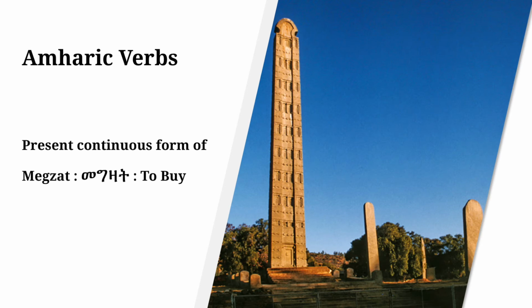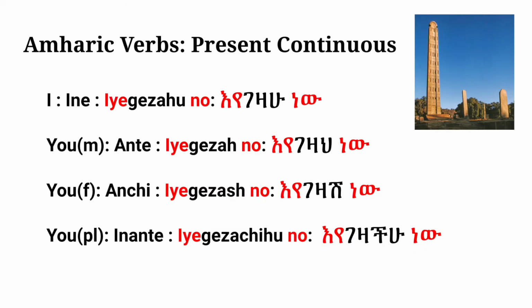So now we're going to look at, again, the present continuous form, but of the verb magzat, to buy. So you can see here again, I have highlighted the iya prefix and the no suffix, and you can see between them we have the past tense conjugations of magzat. So for ine, we have iyagazahuno. For anta, you, for a male, we have iyagazatno. For you, for a female, anchi, we have iyagazashno. And for you, plural, we have